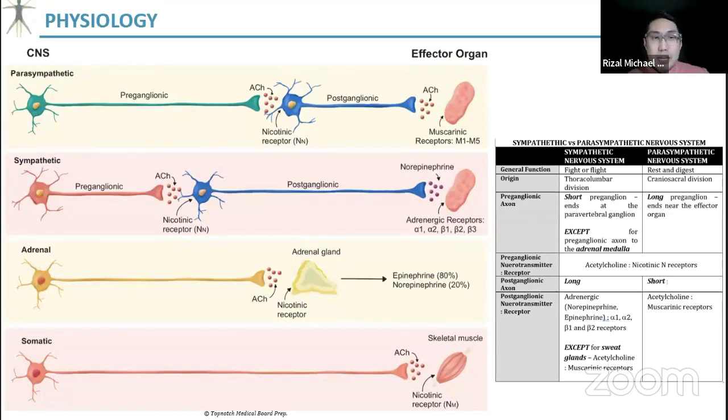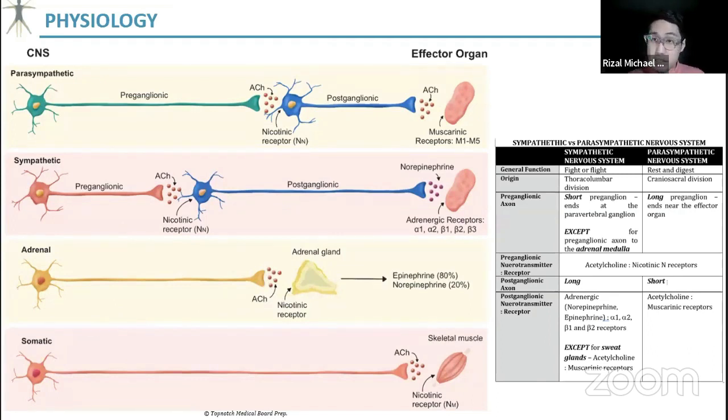Okay? So you have to take note, guys, na although not in this slide lahat, na there are two modified sympathetic organs or innervation. So that's your adrenal gland, so modified sympathetic, and your sweat gland. So bakit sila modified sympathetic? Kasi if you're gonna take a look at the adrenal gland here, it releases norepi and epi. Diba? So sympathetic. However, isa lang yung neuron system niya. Right? So tapos, ang inalabas niya is acetylcholine. So even though na part siya ng sympathetic nervous system, acetylcholine lang yung ginagamit niya pang stimulate, and then one neuron system lang siya. So it's a modified sympathetic.